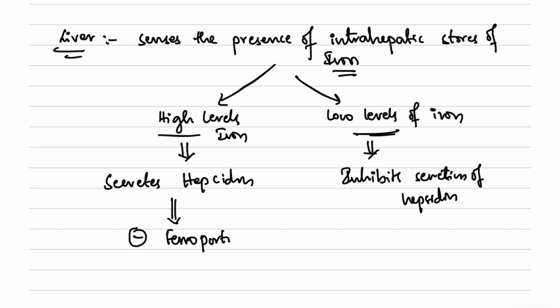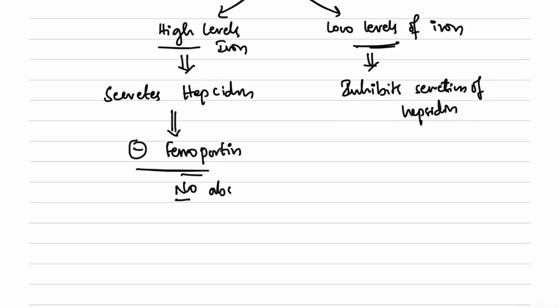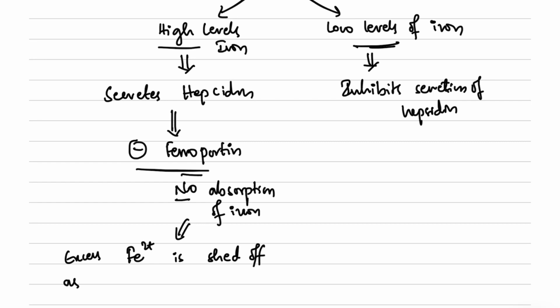So when it has inhibitory effect on ferroportin, there will be no absorption of iron, and finally the excess iron is shed off as mucosal epithelial